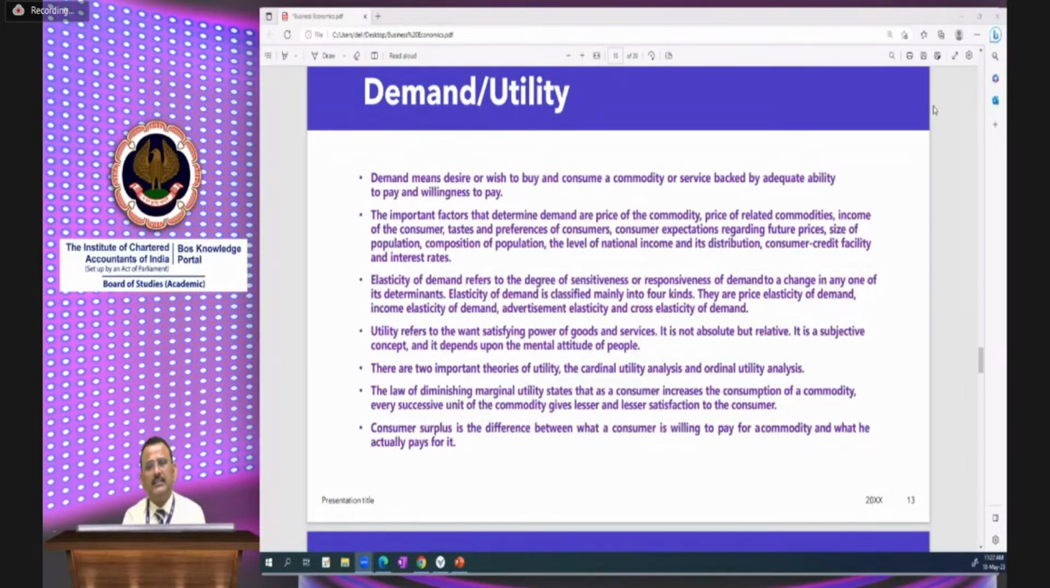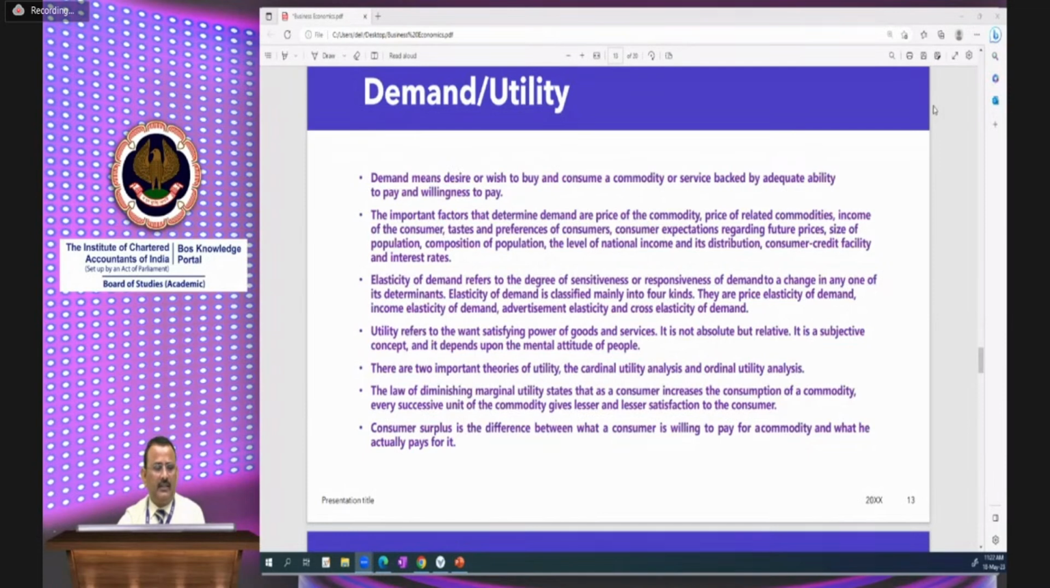Then there is a concept of diminishing marginal utility and consumer surplus. Consumer surplus is basically the difference between what the consumer is willing to pay and what he actually pays for it. That difference is basically the consumer surplus. So, as I told you,